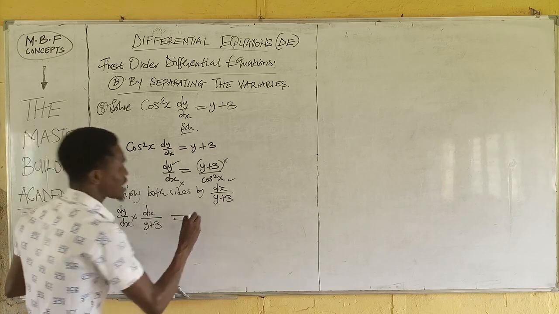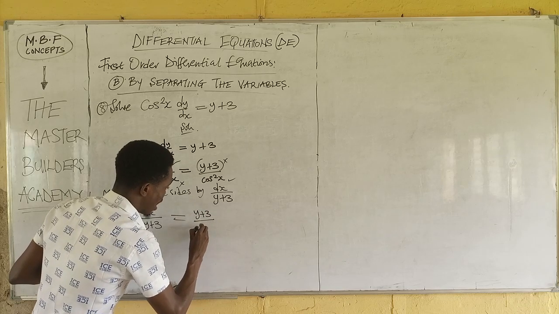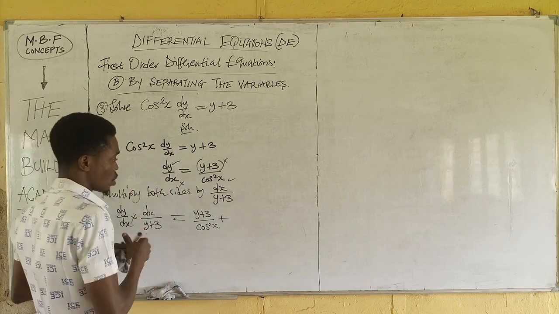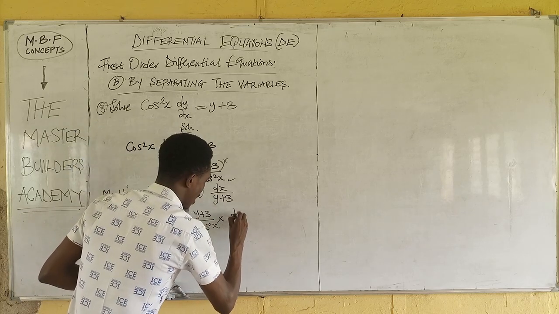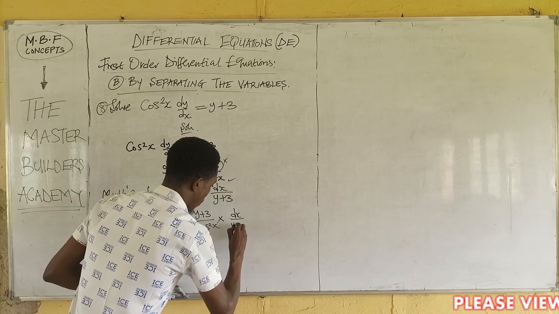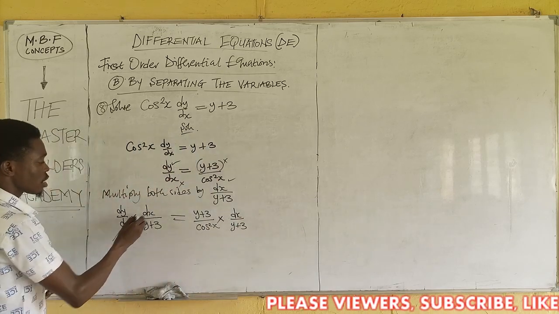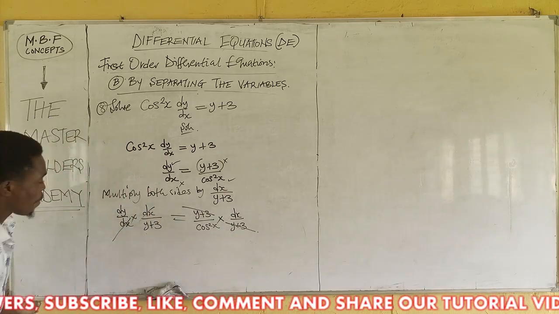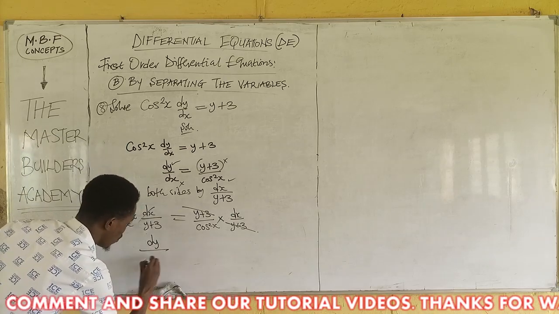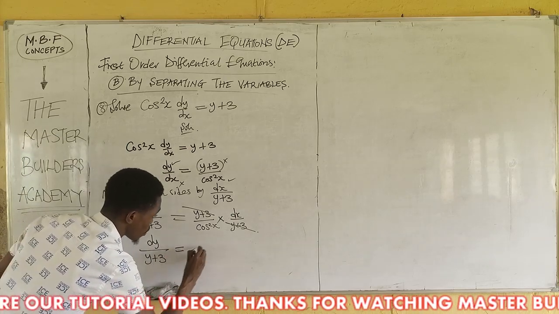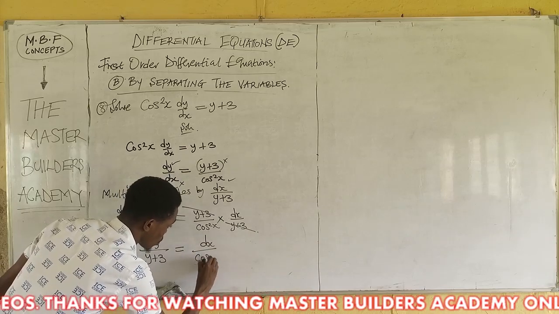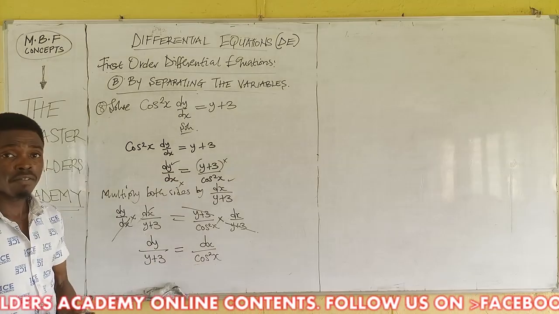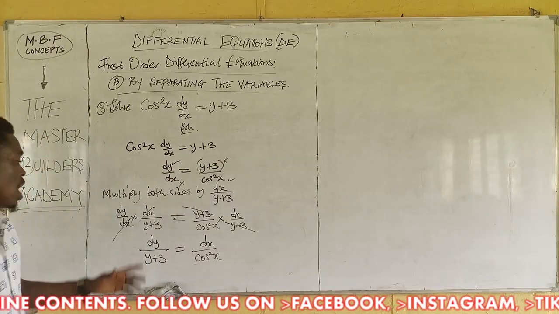This is the left hand side. At the right hand side, I have y plus 3 over cos square x times dx over y plus 3. Guys, this takes care of this. This takes care of this. It's as simple as that. So now, at this side, we are going to have dy over y plus 3 is equal to dx over cos square x. Now that we have successfully separated x from y, guys, we need to introduce our